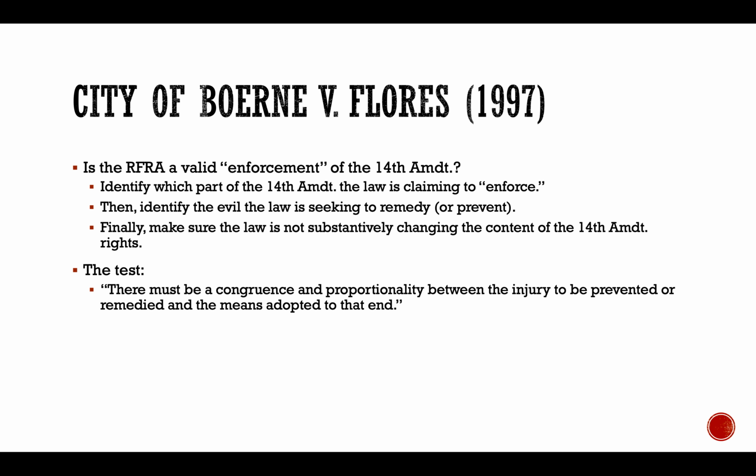So if the Warren Burger courts were more expansive or more solicitous of protection of civil rights, developing that essentially necessary and proper clause understanding of Section 5 of Congress's enforcement powers, here the court seems to be narrowing slightly this means-ends test, and it calls this a congruence and proportionality test. So what is meant by this?